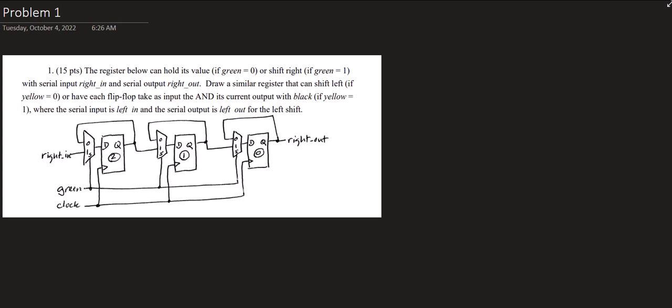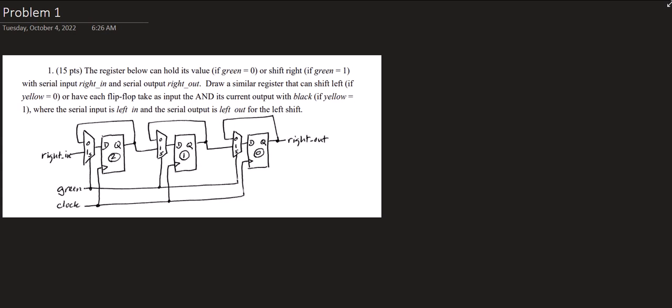Okay, so the register below can hold its value if green equals 0. Now when you see a color, he just uses those for variable names. Green, blue, yellow, those are always variable names. If green equals 0, hold, or shift right if green equals 1. So what it's saying is if the variable green is 0, so that's this one, if it's 0, then it